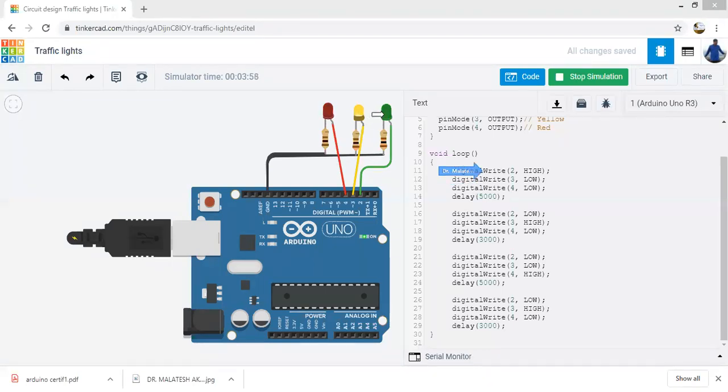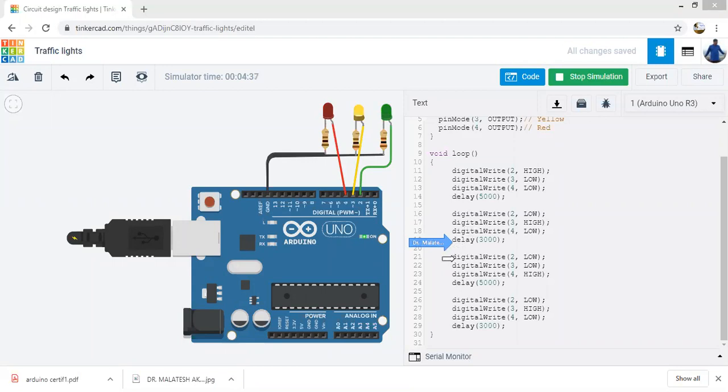Then a delay of 5 seconds means for 5 seconds only green will be on. After 5 seconds, these 3 will be executed: digital write 2 low means green becomes low, yellow becomes high, and red becomes low, that is off. This will be for 3 seconds, that is yellow will be on for 3 seconds.